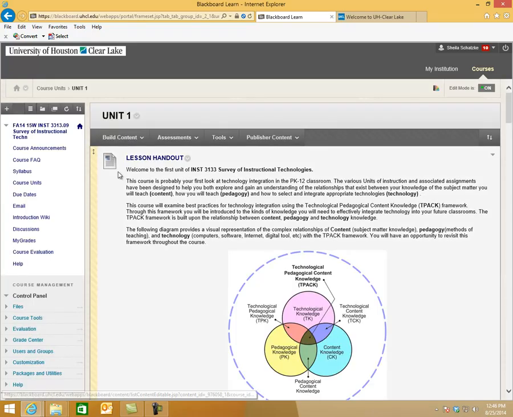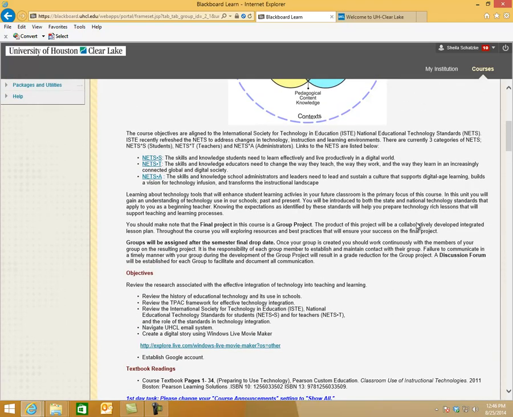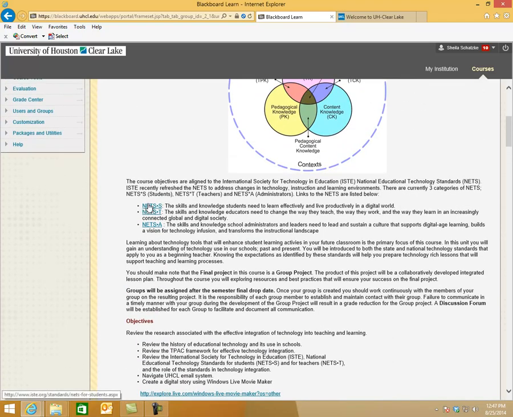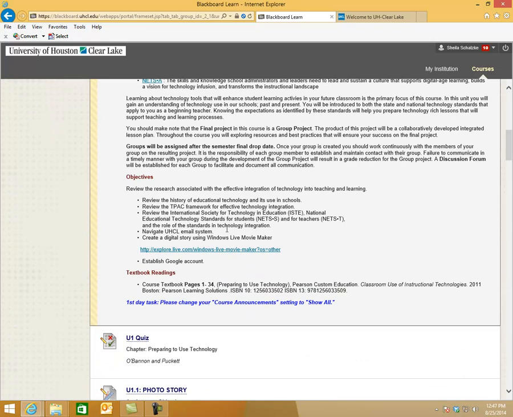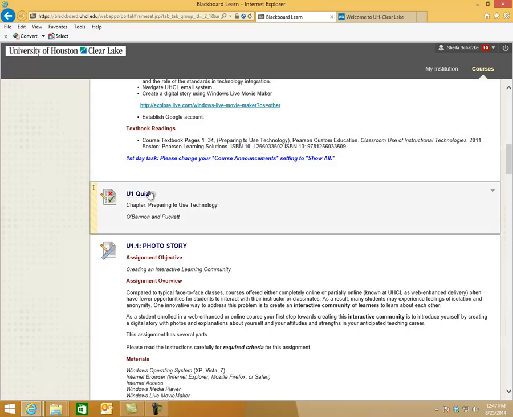We're going to go over Unit 1 right now. So, first thing you start doing is you start reading. You read everything and read it twice. Okay, I want to point out there are links here. I would like you to look at these links and make sure you read your objectives. And here are your textbook readings here. Make sure you read that. Then after you read that, you may take the quiz. You just click on the heading to take the quiz.